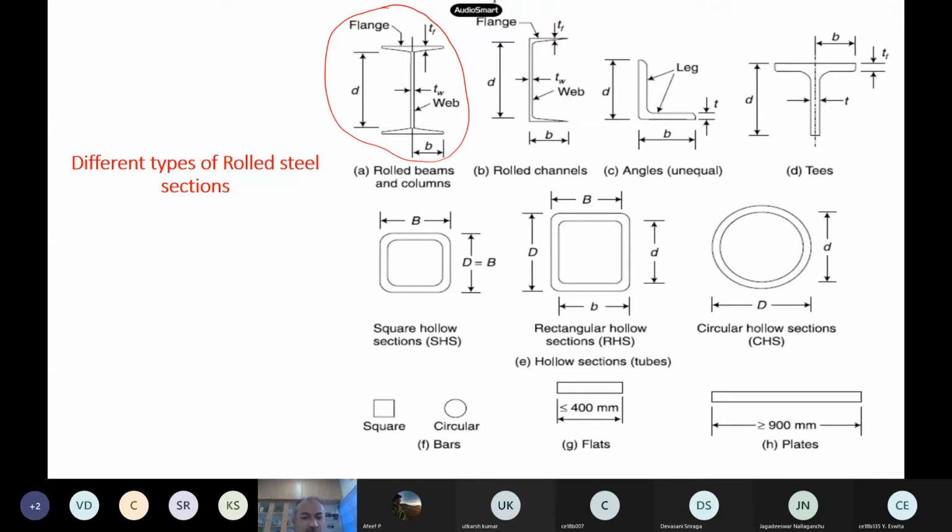So what are the important design variables? Like yesterday I showed you, the steel tables have the dimensions, area, section modulus, moment of inertia, radius of gyration. All those things are available in the steel tables. So you do the analysis, then sigma is equal to P by A, the yield strength is known, you get some area, and from the steel tables you select a section. All the details are there.